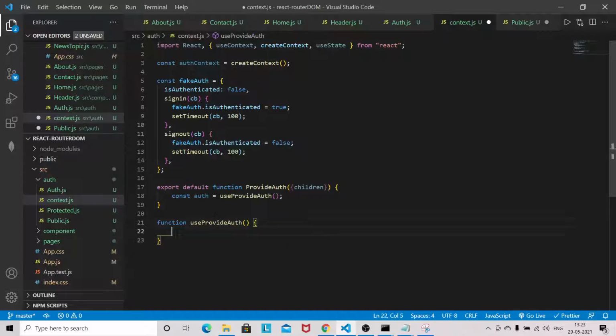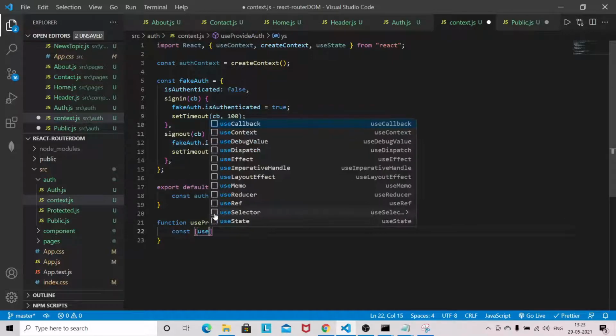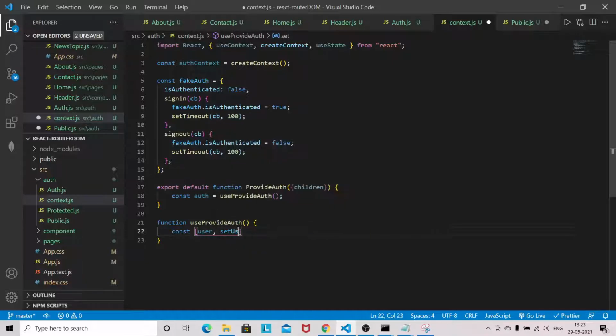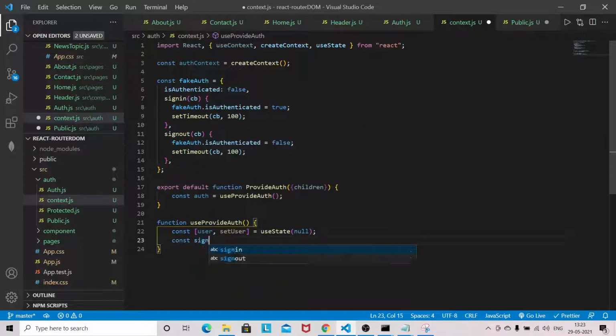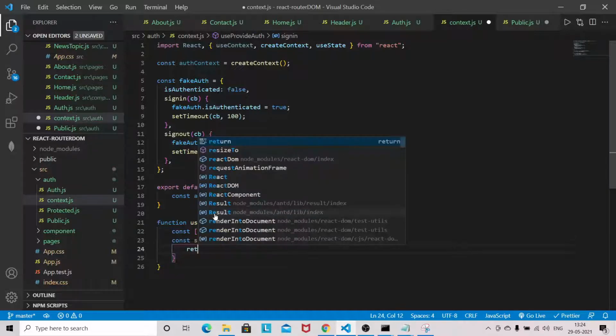So this will have a user and setUser, useState null. Now we will have a const signIn equal to a callback and return.